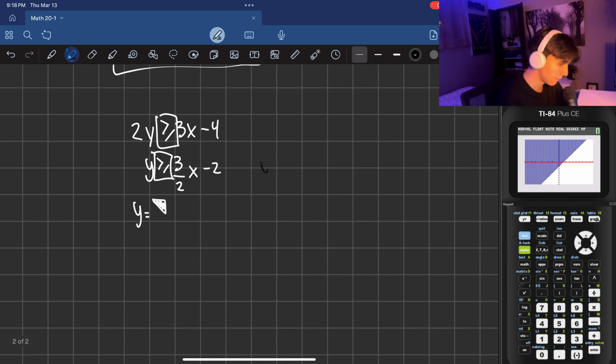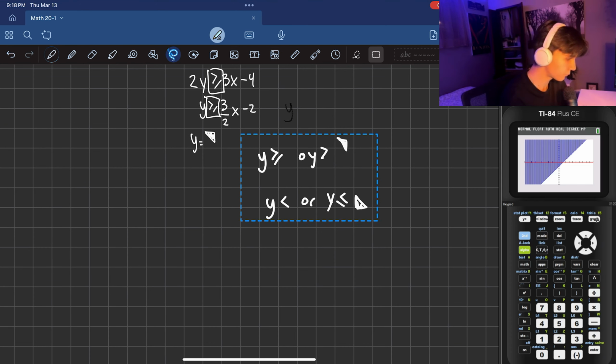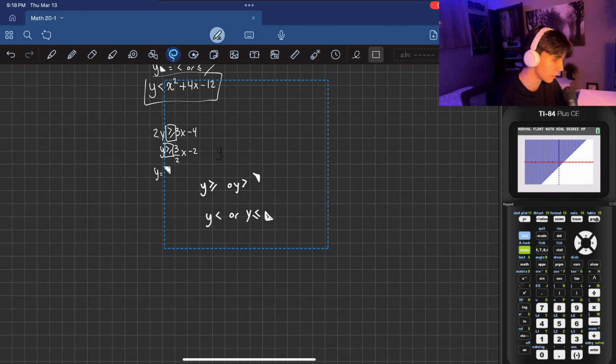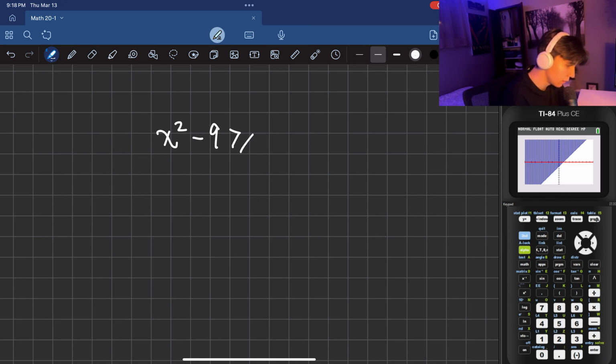So just remember, in summary, if we have y is greater than, or y is greater than or equal to, we're going to be using our upper triangle. But if y is less than, or y is less than or equal to, we're going to be using this lower triangle to graph that. But there are some implications that come with this, right? So for example, let's say we have x squared minus 9 is greater than or equal to